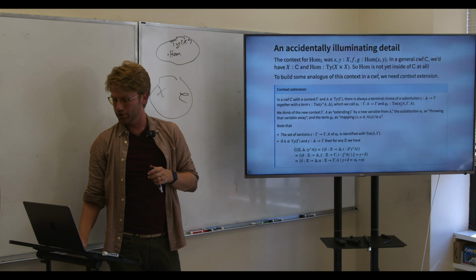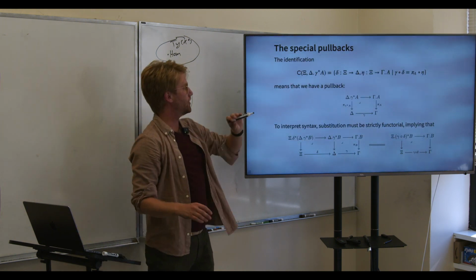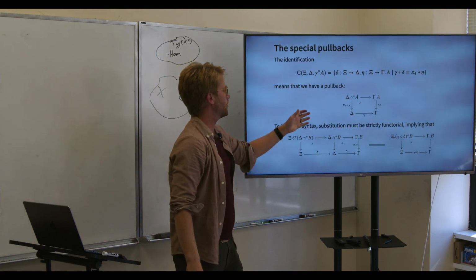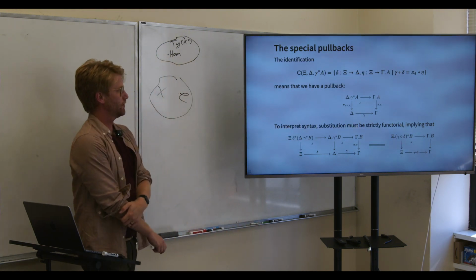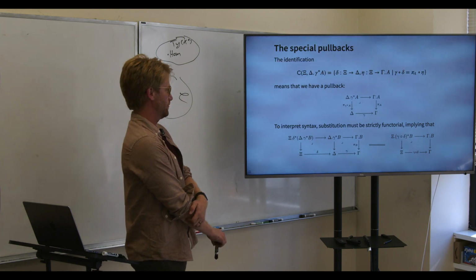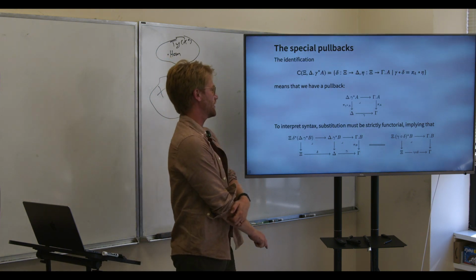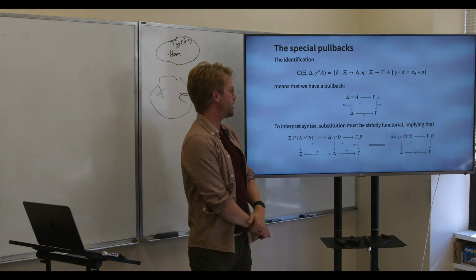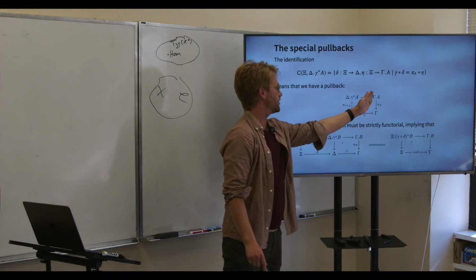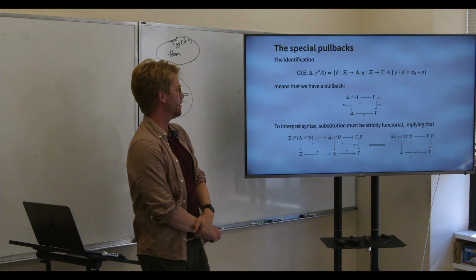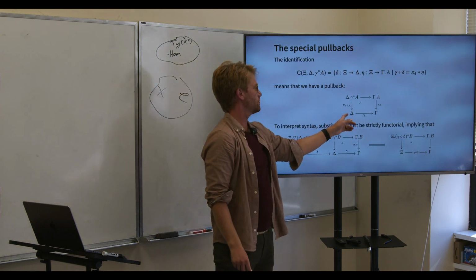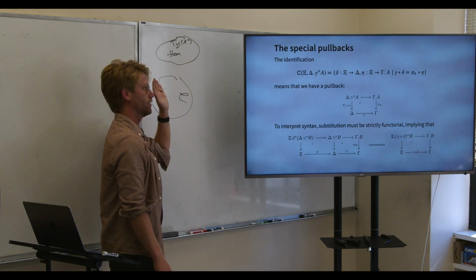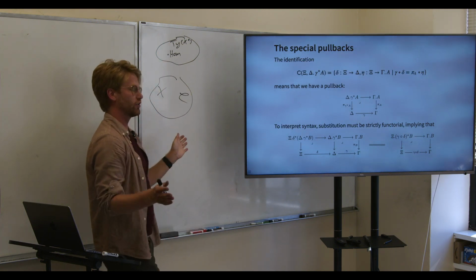Okay, so that computation that I certainly didn't talk through on the previous slides means that there are certain pullbacks in a category with families necessitated by the existence of context extensions. Specifically, if you have some type A in context gamma, and you look at its extension, which comes with a projection back to gamma, and you have some substitution into gamma, and you try pulling back A over to delta